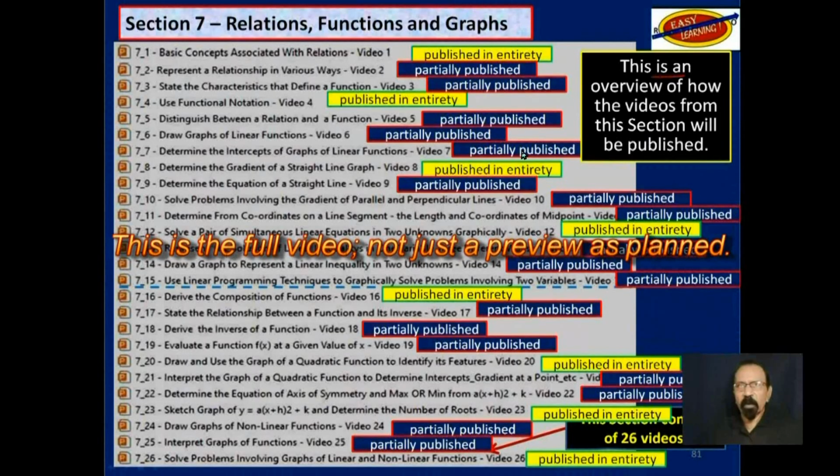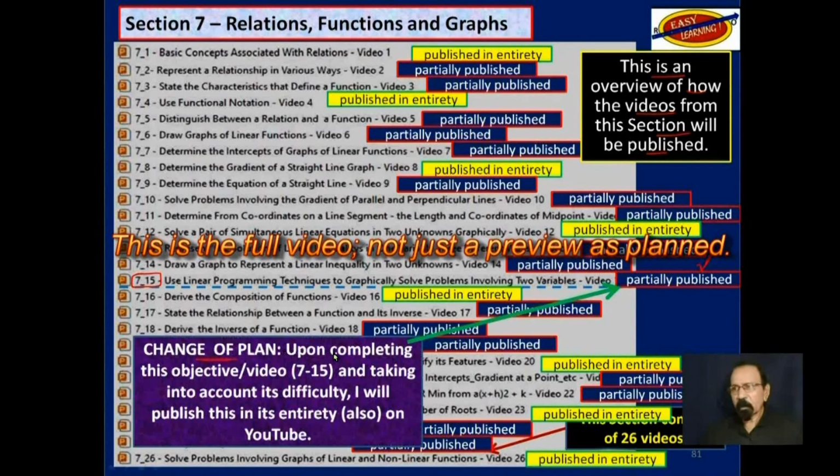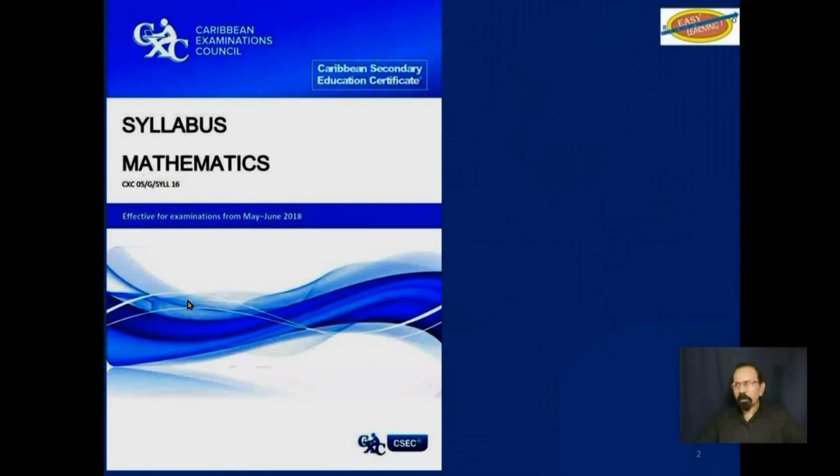This is an overview of how the videos from this section will be published, totally or partially on YouTube. Note this one here. It says here, partially published. Change of plan. Upon completing this objective and this video, 715, and taking into account its difficulty, I will publish this in its entirety also on YouTube. We continue with mathematics syllabus for CSEC